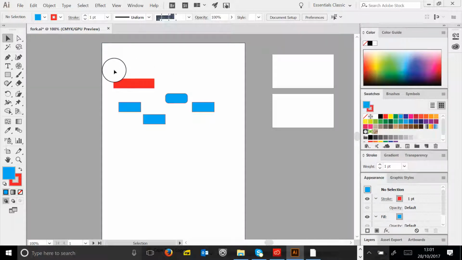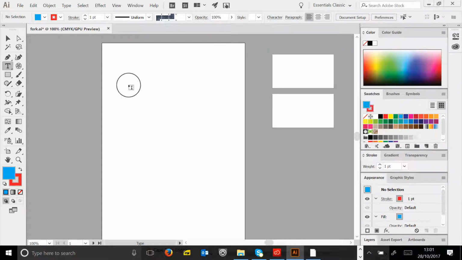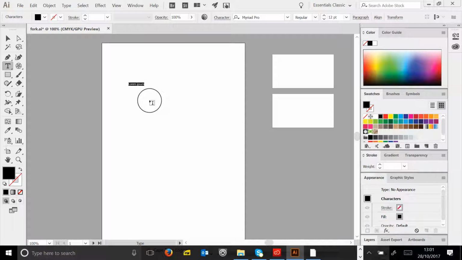Okay. Then text. A quick roundup of text. There's your text tools, and there's lots of nice tools that you can play around with there. Now with text, you would click to create a text box, and we can write there. In my case my restaurant's going to be called Fork, and I can select that text by clicking and dragging over it, and then I can set the size in my property bar. And there's a nice trick here. You can click in your font box and use your up or down arrow keys in order to go through different